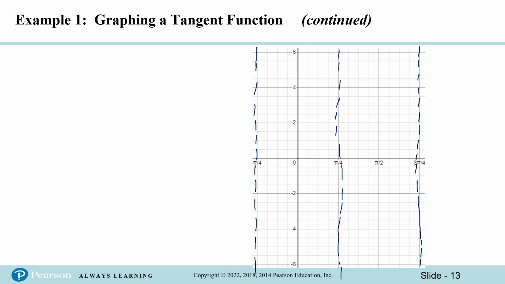In the middle, halfway between, you're going to have an x-intercept. Halfway between that, you're going to have a point at negative 3. And halfway between that, you're going to have a point at positive 3. And it's going to go something like,